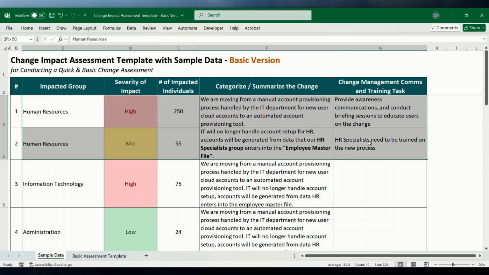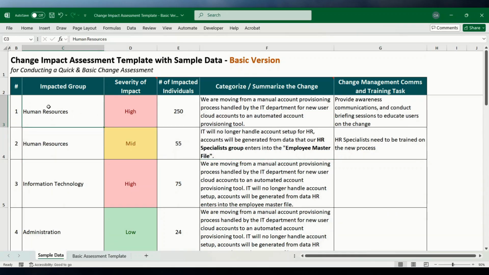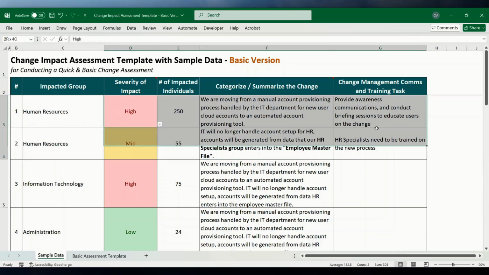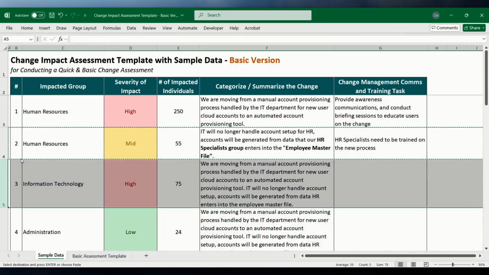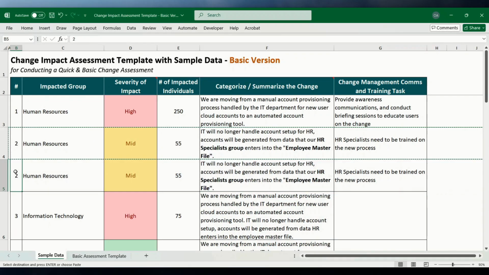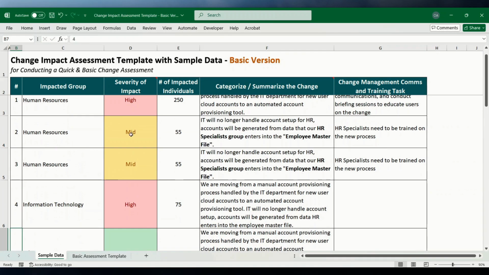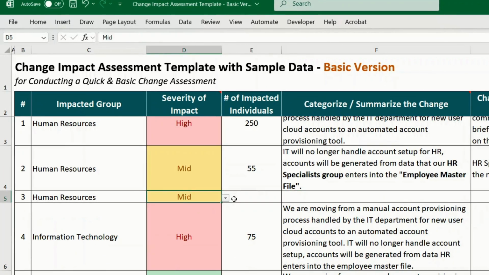That is why you have human resources entered twice. But everything else here is different. And I did this to make a point. When you are doing your basic change impact assessment, you can have the same impacted group multiple times. That's fine. The goal is you take this document and tweak it as needed to do your change impact assessment